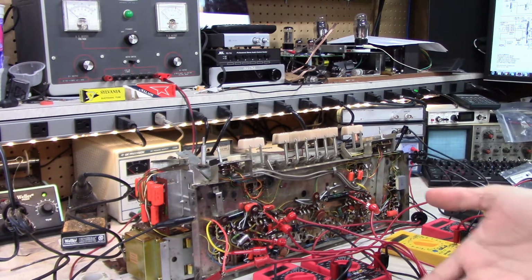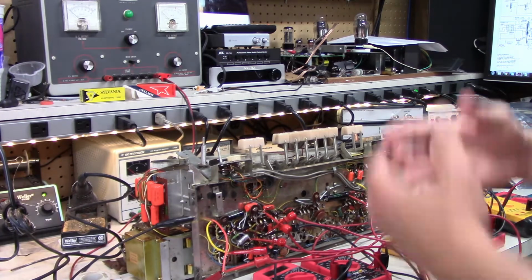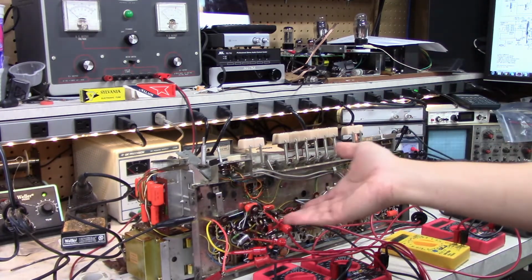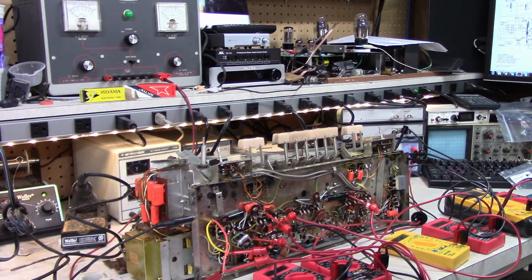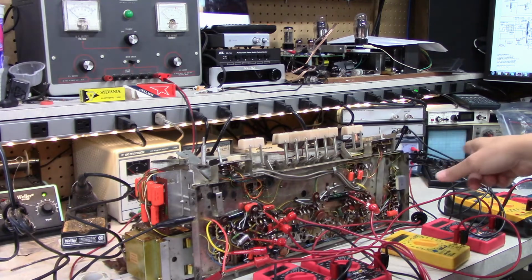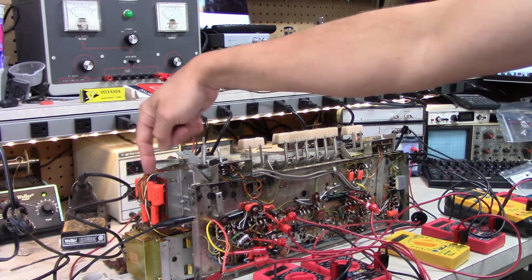As you can see, if you remember from the previous one, there was a pile of orange capacitors. Well, now you see orange capacitors all over the place. So yeah, they're all installed. All the ones I bought in that first batch I put in, and then I realized that I missed a few. I missed a couple on the board here,